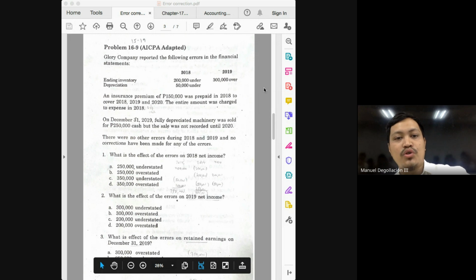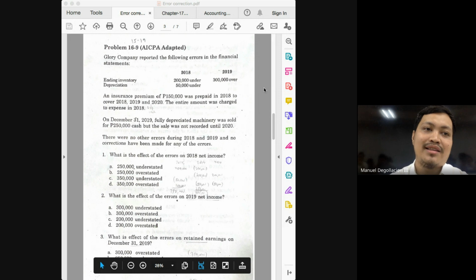If the amount that you're supposed to deduct from your TIGAS to get your cost of goods sold is understated, the amount deducted is understated. So that means the result would be overstated. Your cost of goods sold would be overstated. And what is the relationship of your cost of goods sold and your net income, class? Inverse. Ending inventory is understated, so cost of goods sold is overstated. So that means net income would be understated. And how do you correct an understatement, class?